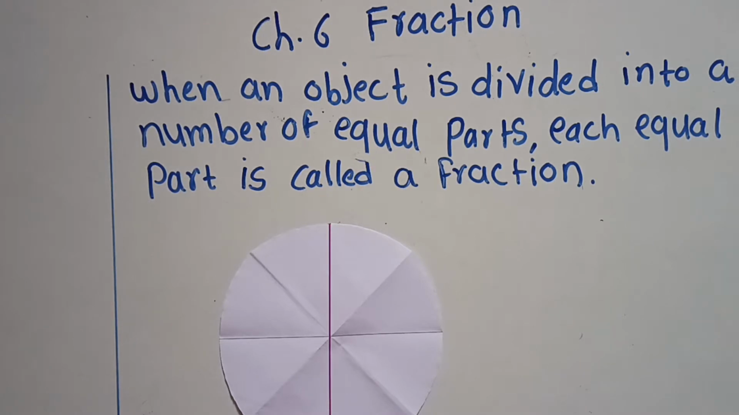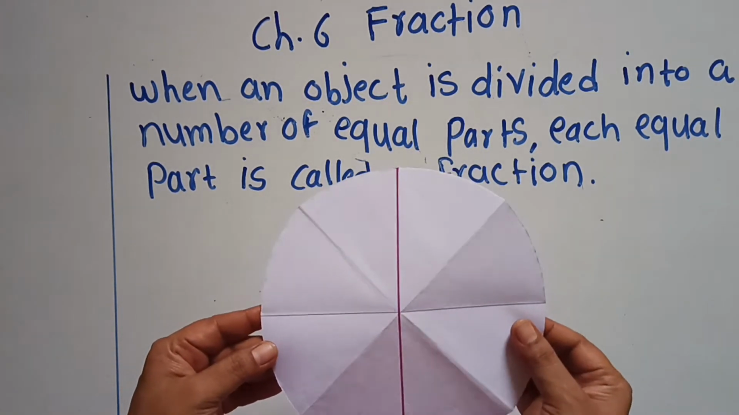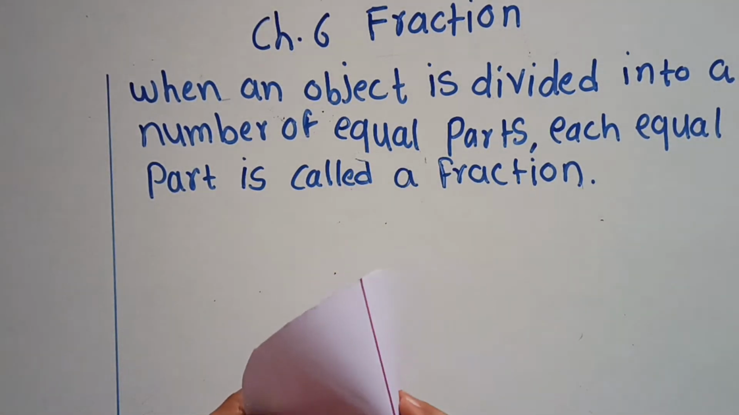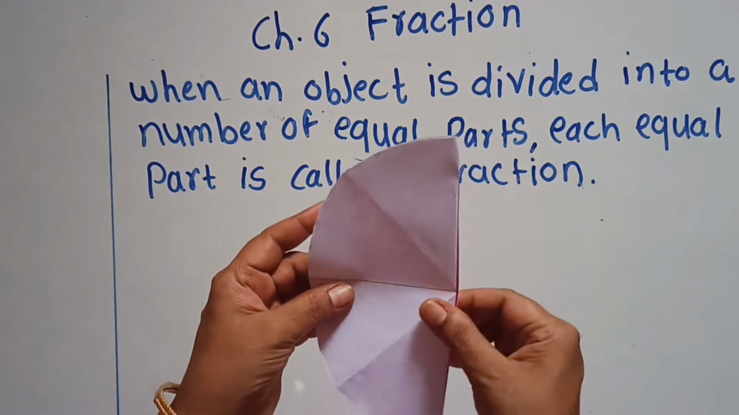Children, today we are going to start a new chapter, that is fraction. When an object is divided into a number of equal parts, each equal part is called a fraction. See here, children, I have a circle. When I divide this circle in two equal parts, see here,